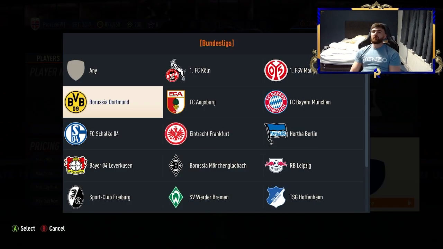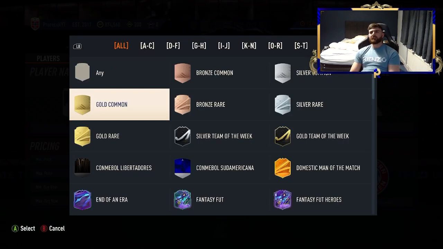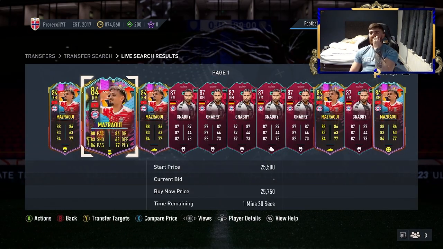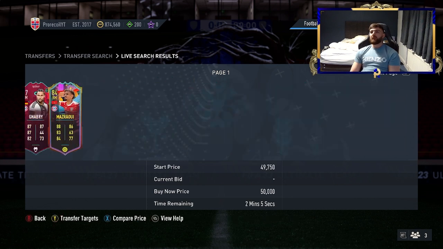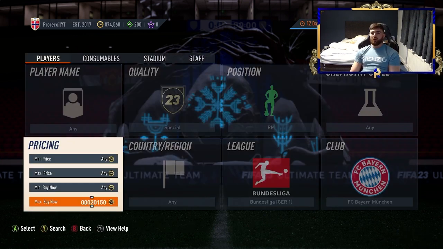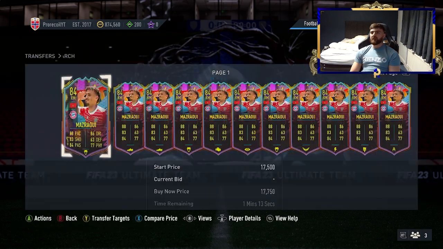Now, taking us over to the Bundesliga, there's a filter that I found while looking for a different filter, but it is a very good one. So we've got right mid, special, Bundesliga, and Bayern. You've got Musiala, you've got Gnabry, you've also got Sané, who's obviously the victim of a Mane one punch there